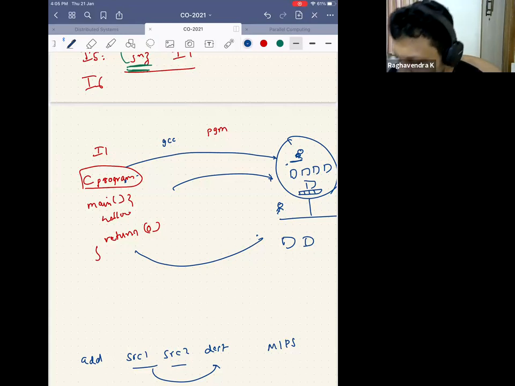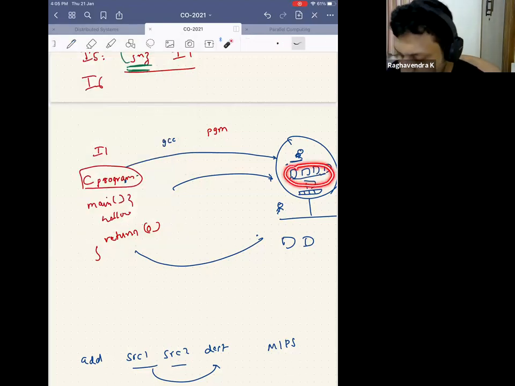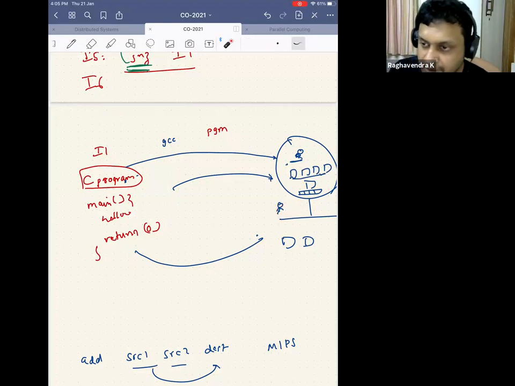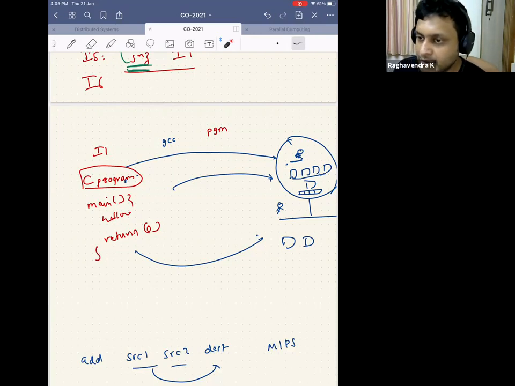It's just that maybe Intel has 5 boxes here, AMD has 6 boxes. Maybe there are 2 girls in the Intel, there's only 1 girl in AMD, or things like that, right? You don't know. Maybe this guy is a bit more brainier or whatever, but the way they understand is the same. So we call it the same architecture. It's called x86 architecture. Intel and AMD use the same architecture. But if I compile it on an Intel processor and ask him to try to run the same program on an ARM processor, then it will not run, because that guy cannot understand what you're trying to tell him.